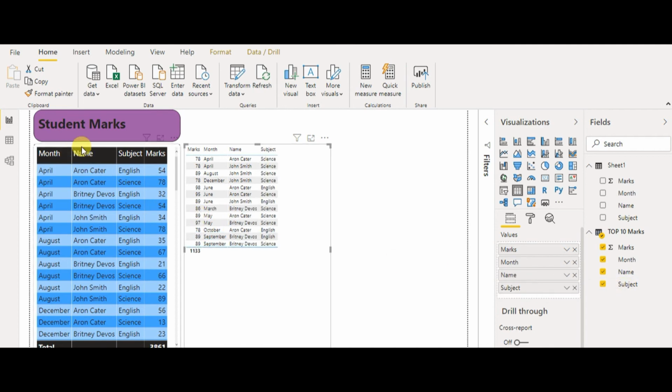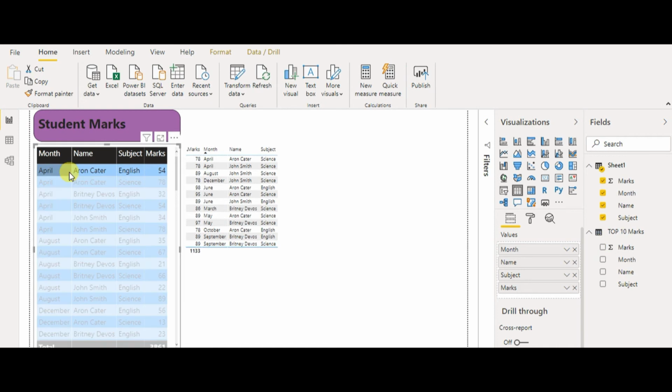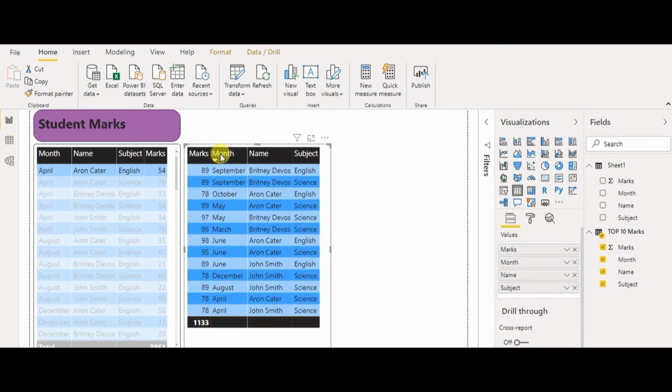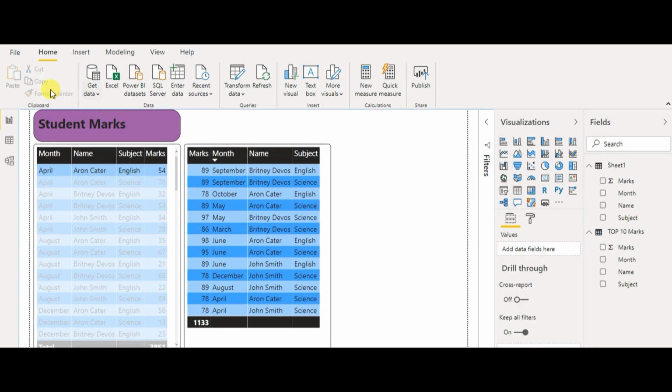Now I'll format it by using the format painter, and I have received the same output as this one.